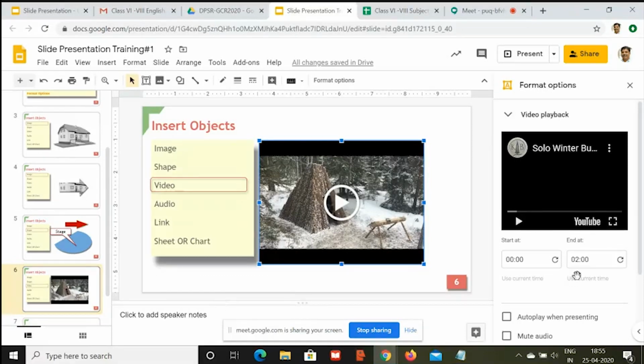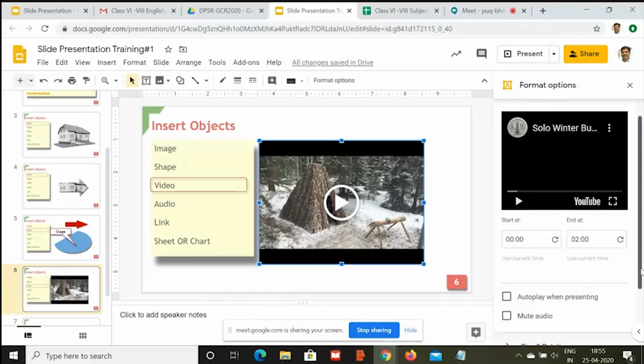And you can also, if you don't want to click on the play button, you can just click on here, auto play when presenting. So as soon as this particular slide will appear in front of them, this will start playing.